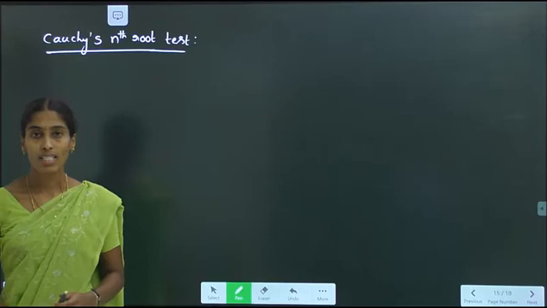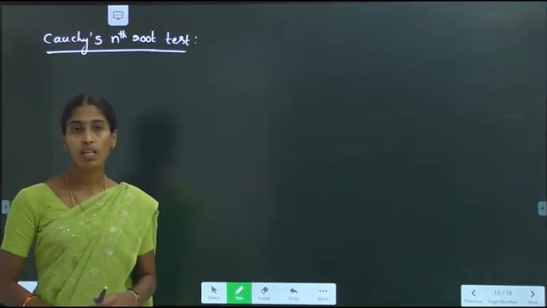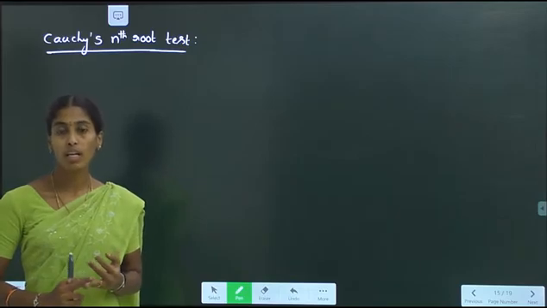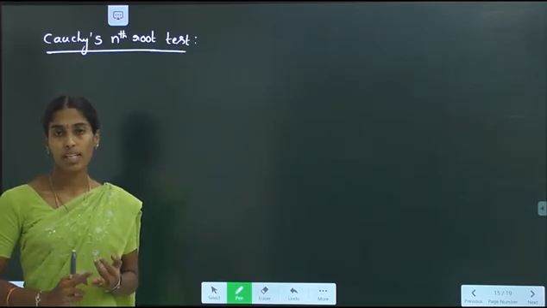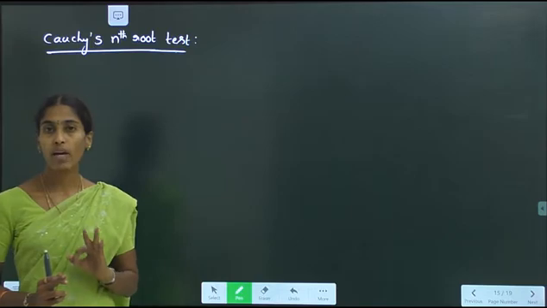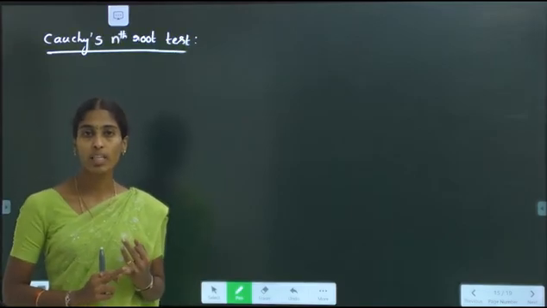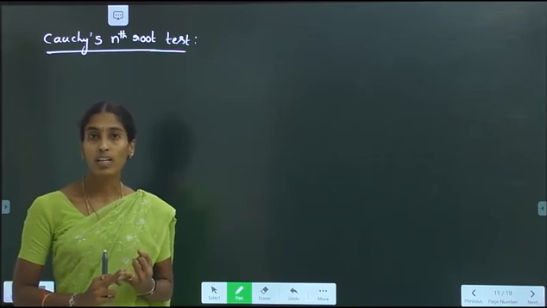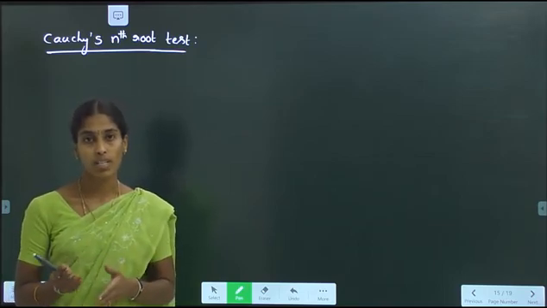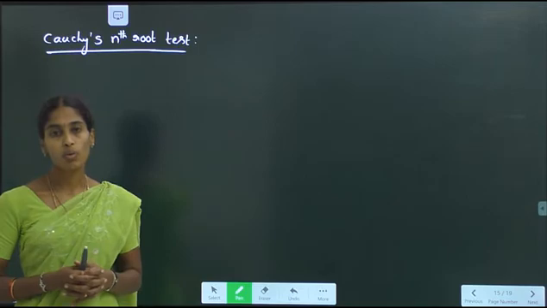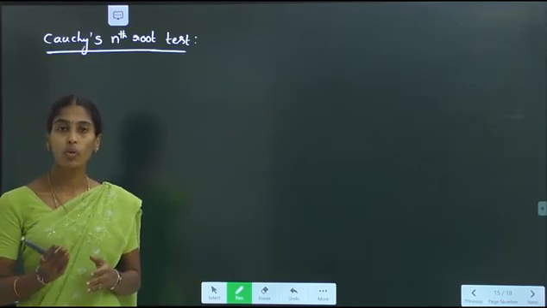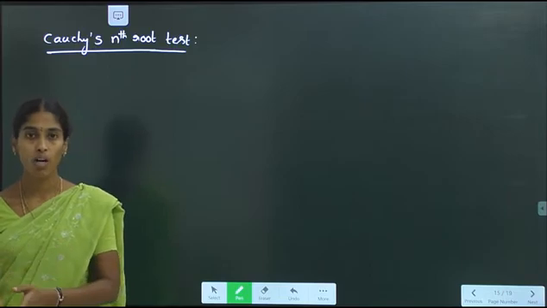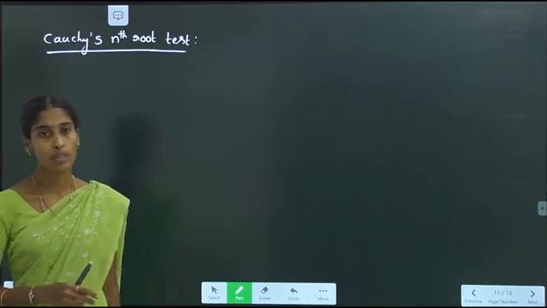Hello students, in the last class we completed the problems on the limit form of comparison test, and then also we completed the problems on D'Alembert's ratio test, right? In the D'Alembert's ratio test we have three cases. First case, when L greater than 1, divergent; L less than 1, convergent; and when L is equal to 1, test fails. Whenever L is equal to 1, test fails, generally we go to limit form of comparison test if x is involved by substituting x is equal to 1.